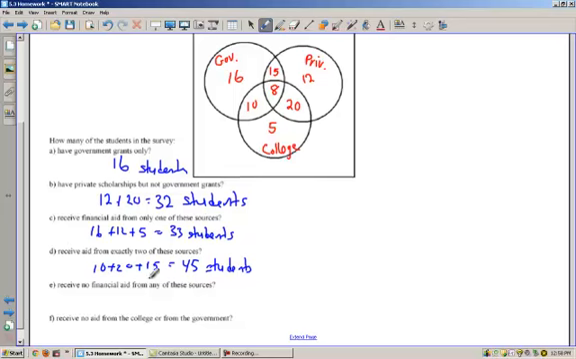And then part E, receive no financial aid from any of these sources. So I have to remember out here, I had 100 surveyed, and I take off, I have to add up all of these in here. So I take off 16 plus 10 plus 8 plus 20 plus 15 plus 12 plus 5. I think I got them all. 1, 2, 3, 4, 5, 6, 7. And I can take out my calculator and do this, and you'll see that there are 14 left. So there's 14 students that didn't receive any financial aid